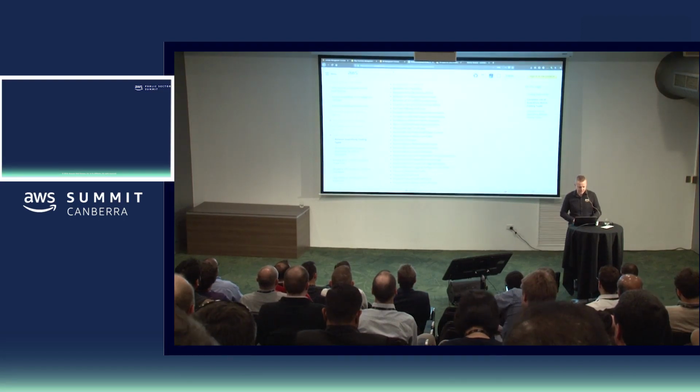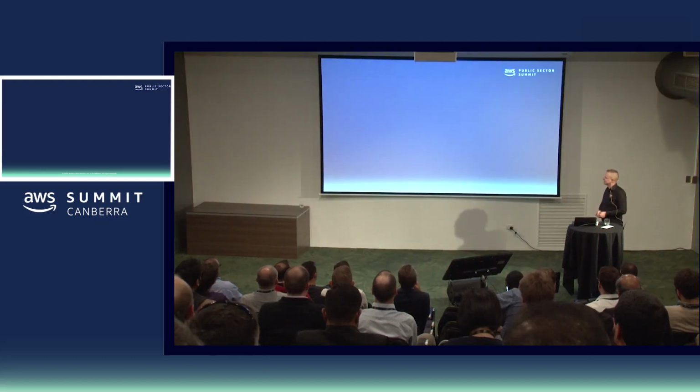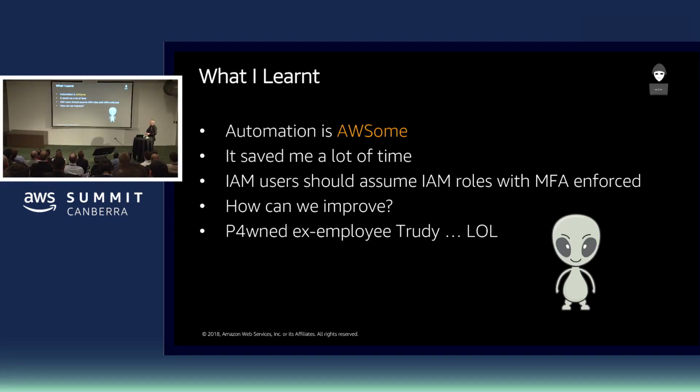Cool. Let's flick back to the slides. Alexa, thank you. So security automation in this case was awesome. It didn't actually break anything for once. But I need to think of how I can improve. So I want to go through that list of all the detection findings that GuardDuty has as a starting point, and then think about how that applies to my organization. What's the most likely scenario? Do I have an offshore dev team? Is it actually code leaving, or the turnover of employees in that contractor?